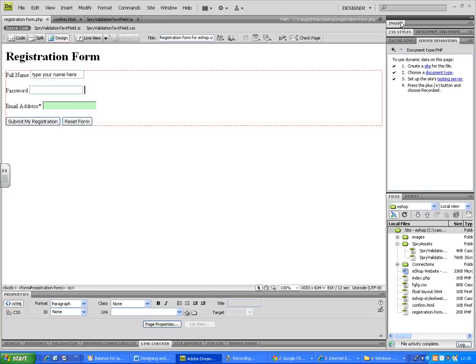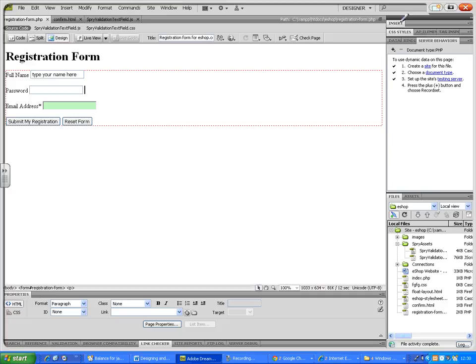Now in server behaviors as well, Dreamweaver will double check whether those 3 settings are still there. As you can see in my configuration, all those three settings, it shows 1, 2, 3, all set correctly. Okay. Once that's done,